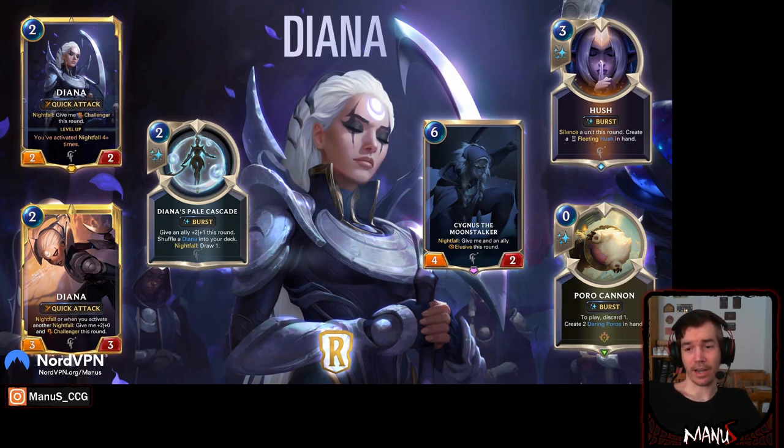And last but not least, we have the kind of odd Poro Cannon, which is relevant in the sense that it is a great Nightfall enabler because it's a 0-cost burst spell. To play it, you discard one card and you get 2 Daring Poros in hand. So it's a great addition to sort of the Porotron deck that I recorded quite some time ago, and Braum and Poro stuff got changed, because this is another great addition to this sort of Poro style deck,